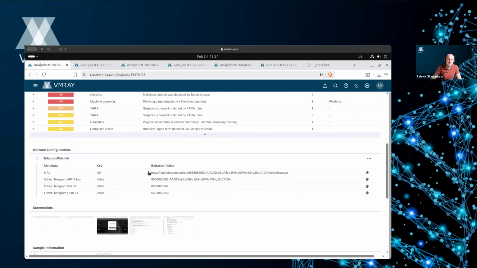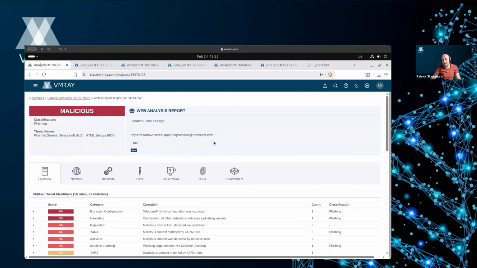So we have the whole Telegram URL that's being used to exfiltrate the credentials, but we also, of course, specifically extract the API token, the bot ID, and the chat ID. Because at the end of the day, that's super helpful when you want to track them, when you want to look into campaigns, when you even want to monitor them, because those credentials are sometimes reused in different places. So you actually get a bit of a bigger picture of what's happening here. So that's the first part that I want to highlight about Telegram.